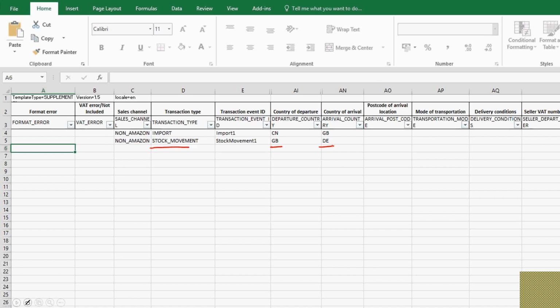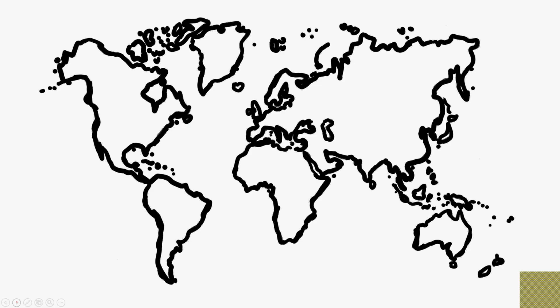Another scenario may be where the country of importation of your goods is not one of your VAT Services on Amazon filing countries. In this case, you are only required to declare a stock movement transaction, which shows the movement of the goods from the country of importation to the destination country. For example, if you move goods from China to Germany, but those goods are imported through the Netherlands,